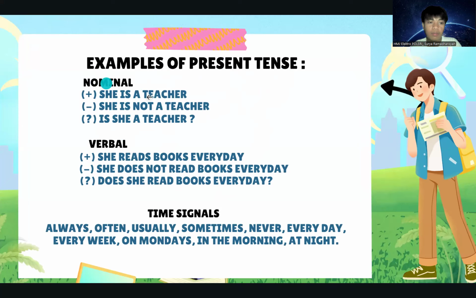The positive form is she is a teacher. The negative form is she is not a teacher. And then the interrogative form is is she a teacher? Okay, we go to verbal